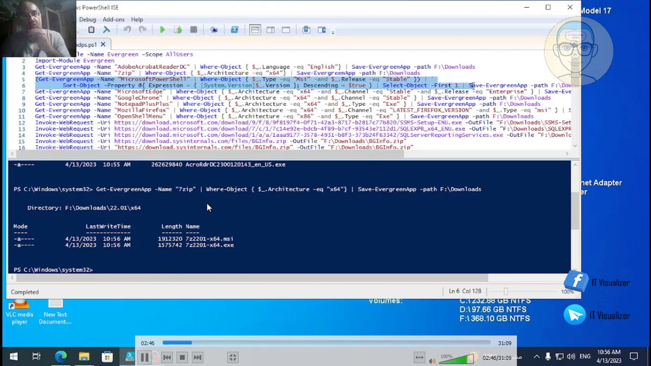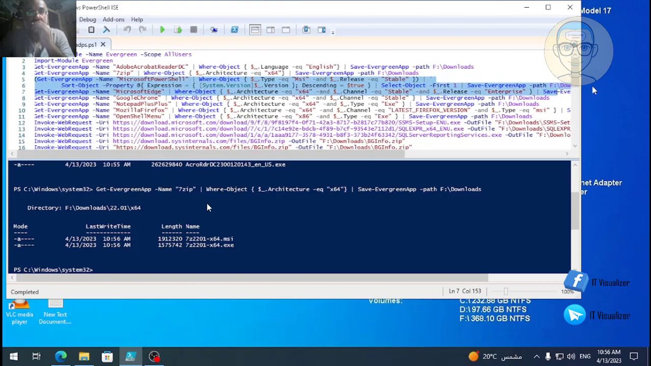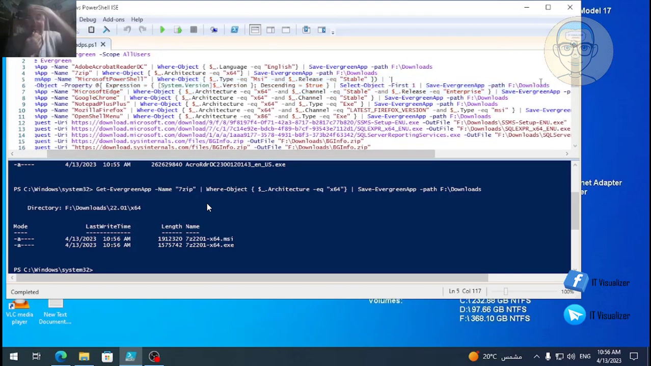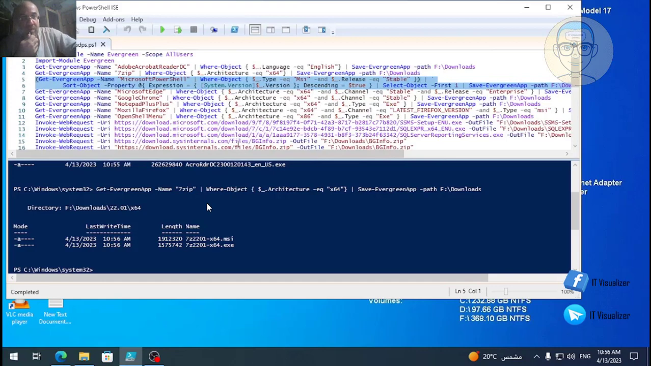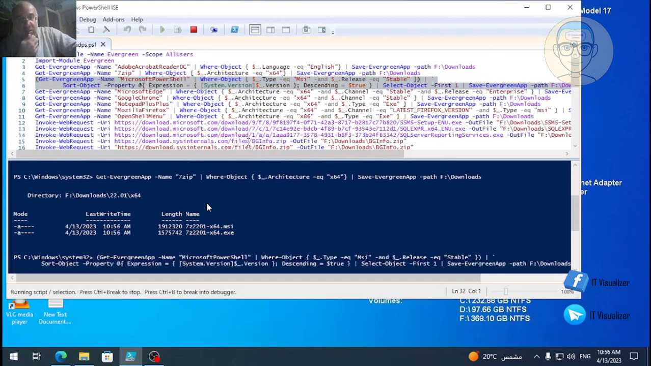Okay, so now we will continue. Now we are downloading PowerShell, and let's see how he will download it. He will download the latest one, which is 7.33. You can check that. You can check this script, try to use it and download the latest version and see if you get the latest one. Okay,